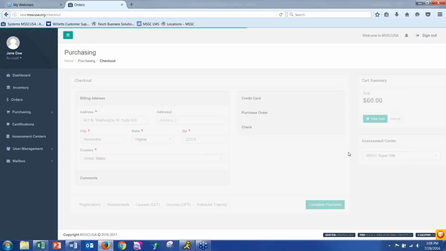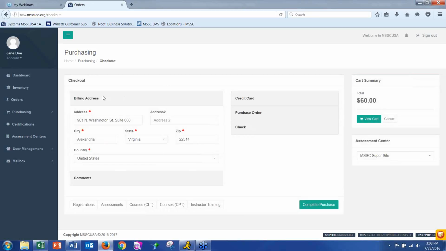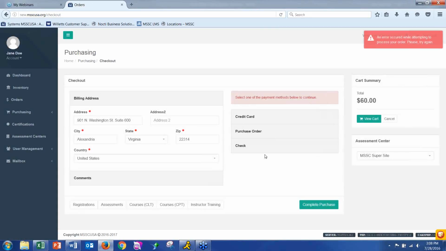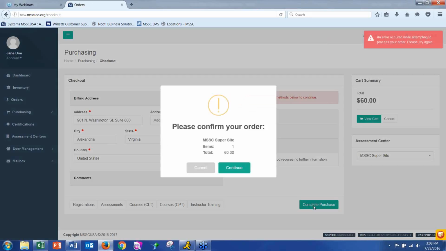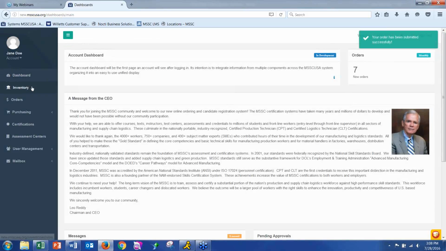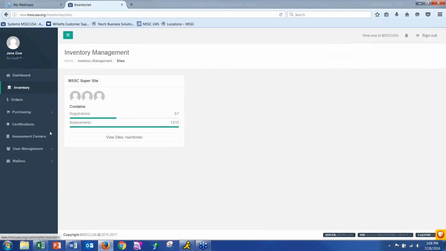And then if you click on checkout, this will be the same as before. You'll enter your billing address, any comments that you have for us about the order, and you can select your payment method here. And if you go ahead and click on complete purchase, it'll ask you again one more time just to confirm that you have everything right. If you click continue,